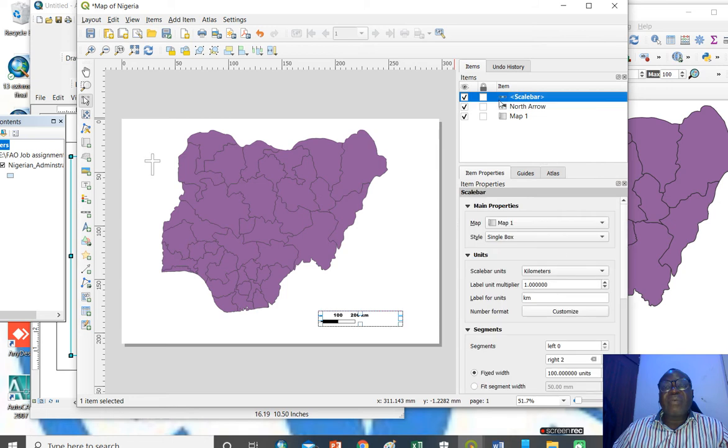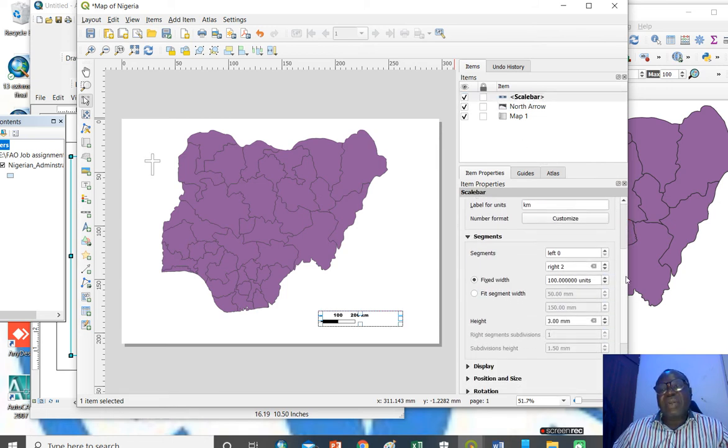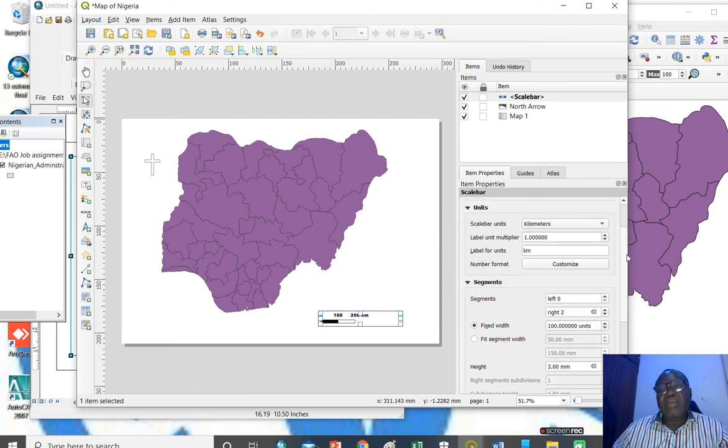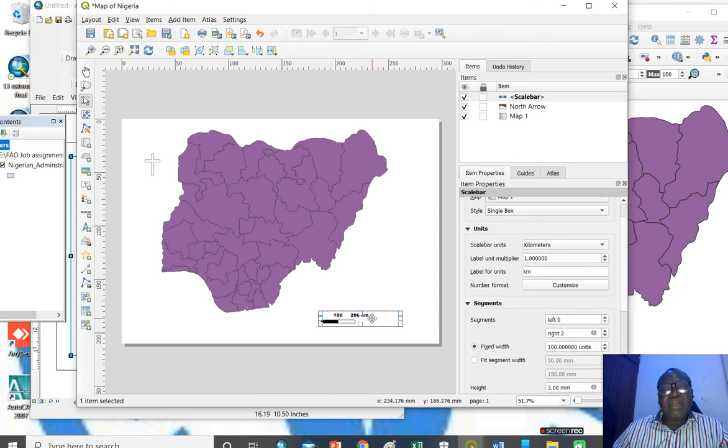So these are the various ways in which you can change the landmark, you can change the scale bar. If you want to come to the scale bar, the properties of the scale bar are here. You can change the scale properties. Instead of it being in kilometers, you can change it from kilometers to meters. And then when you are done,